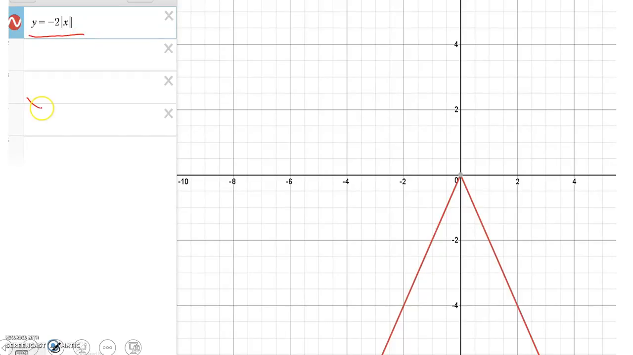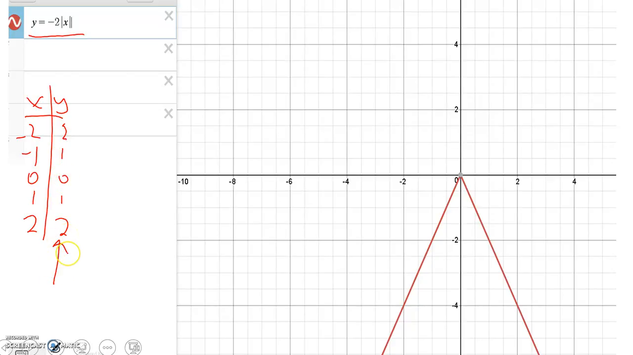So let's move on and talk about what happens when we multiply the absolute value equation by a number. You can recall that when we first had y equals the absolute value of x, we plugged in -2, -1, 0, 1, and 2, and we got 2, 1, 0, 1, and 2. But now we're taking all of these values and multiplying them by -2. So the 2 would become -4, the 1 would become -2, 0 would stay 0, 1 would become -2,